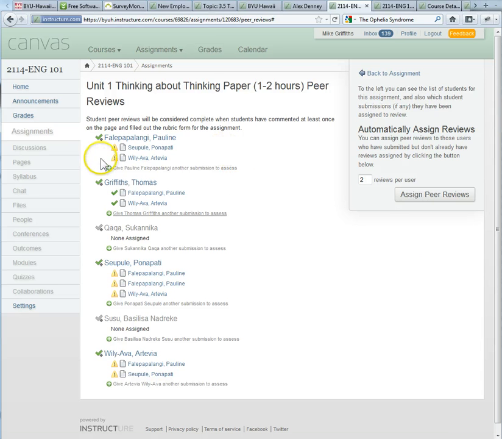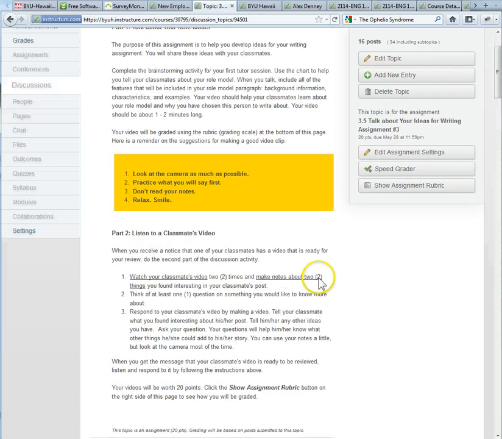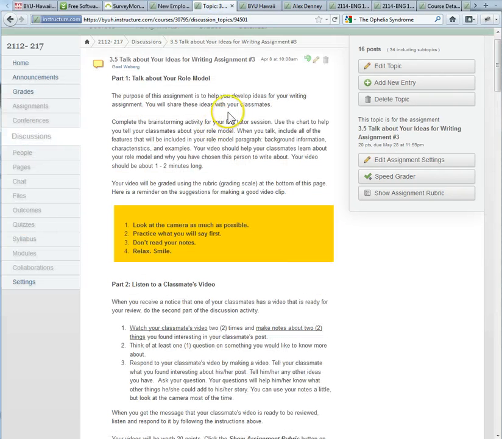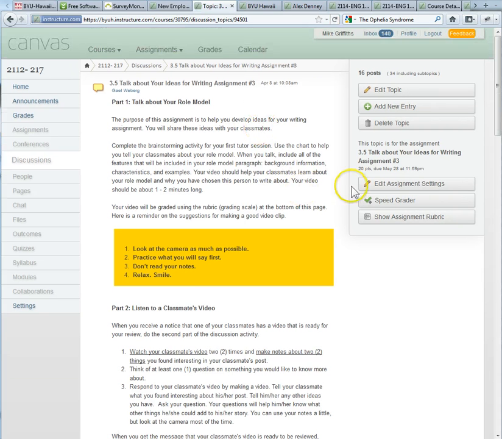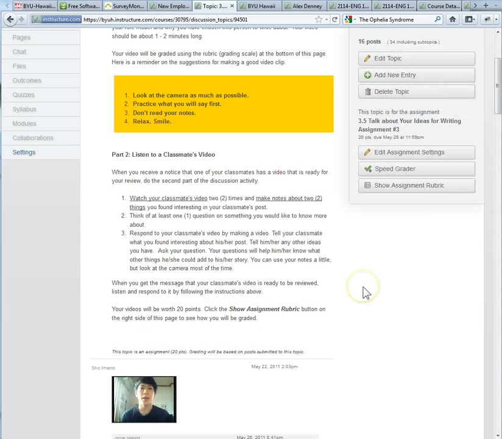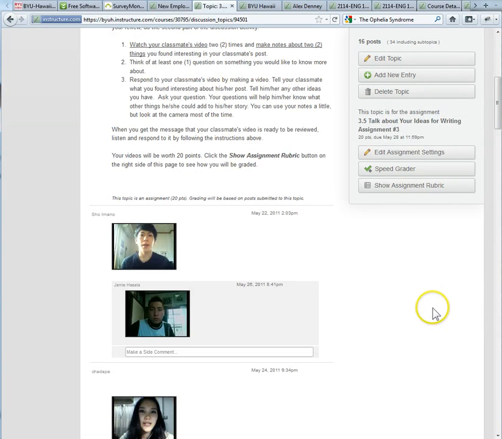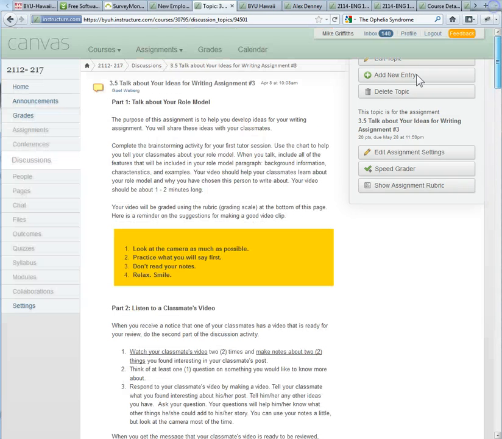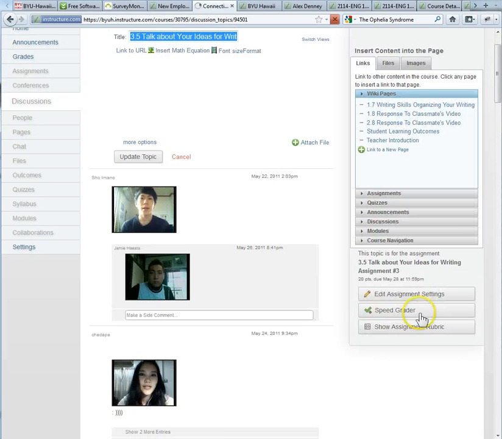Okay, now here's the other problem. If it's in a discussion, let's go to this one. Here is a discussion assignment where they've used peer review. I've clicked on the discussion itself. There is nowhere here for peer review. The only way to get to it, which is the same way we have to get to the rubric, if we didn't have a rubric, is we have to edit the topic, then we have to